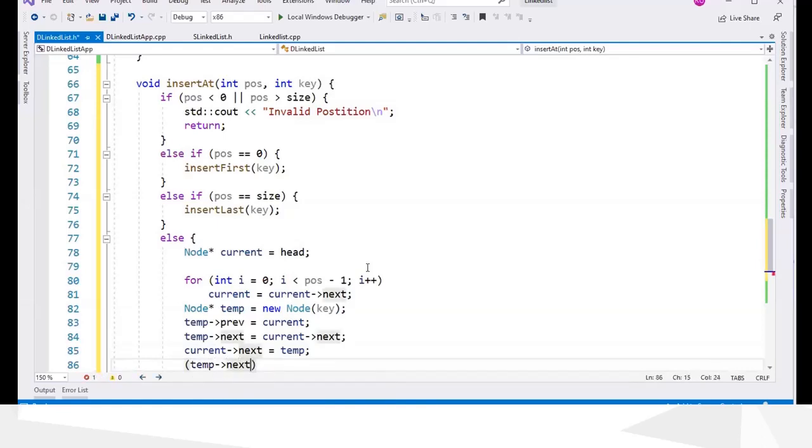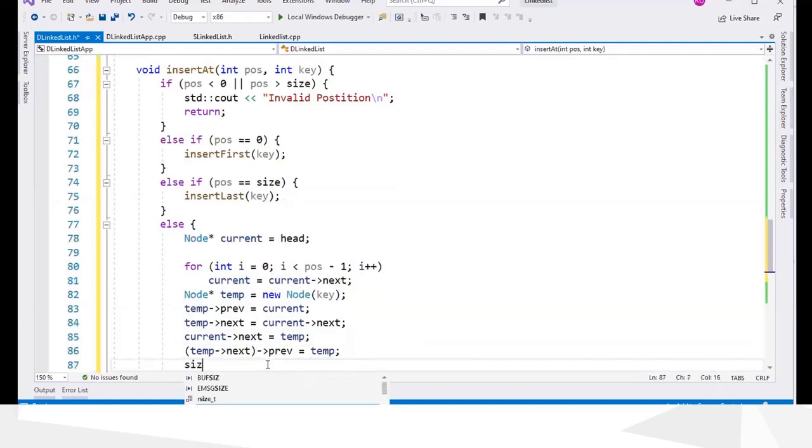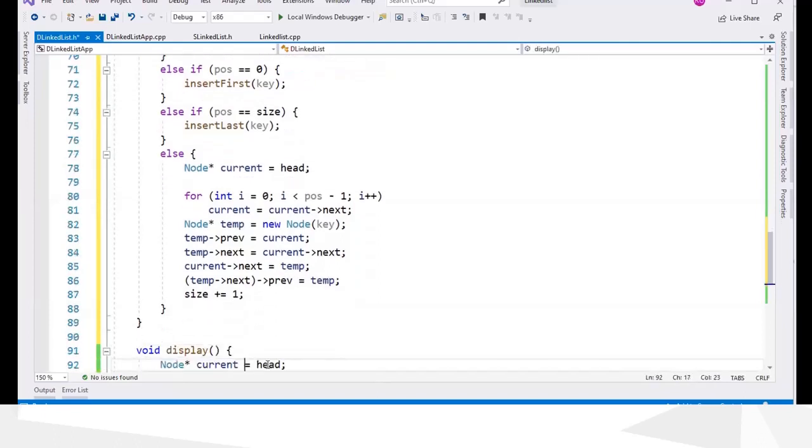So temp next is the previous current next. That node's previous should be temp, and then increase size by 1, and now we are done.